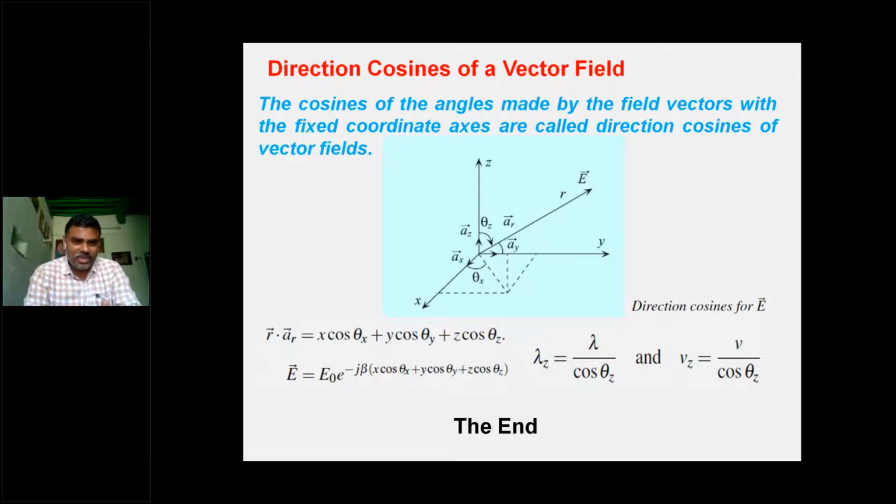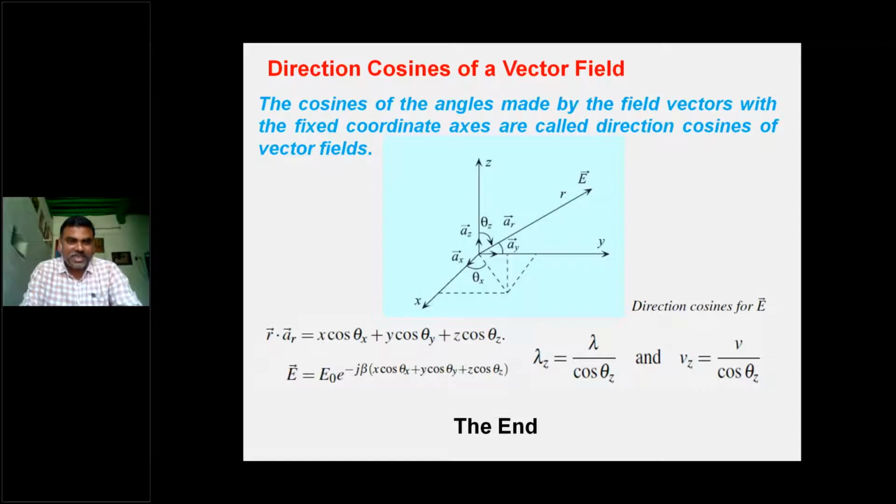So R is the position vector, and that means in which direction we are going to measure that particular thing, and that position vector is R. So if you take R dot AR, whatever those direction cosines are, that will give the direction of the propagation. So actually this formula is useful to find incidence in the EM wave characteristics part 2. So how to measure the angle of incidence in the plane incidence, reflected case, refraction case, there this direction cosines formula is used.